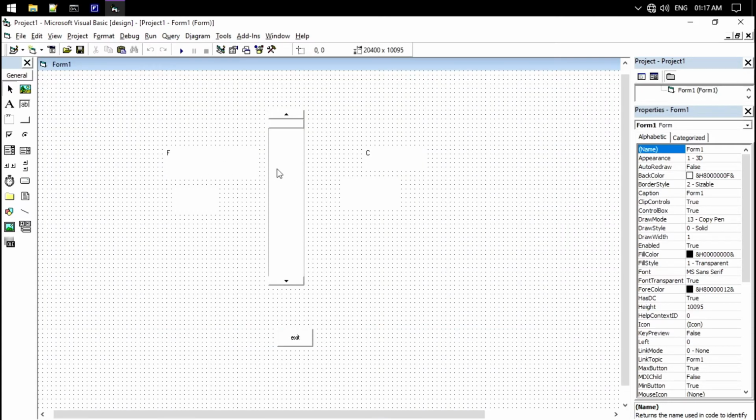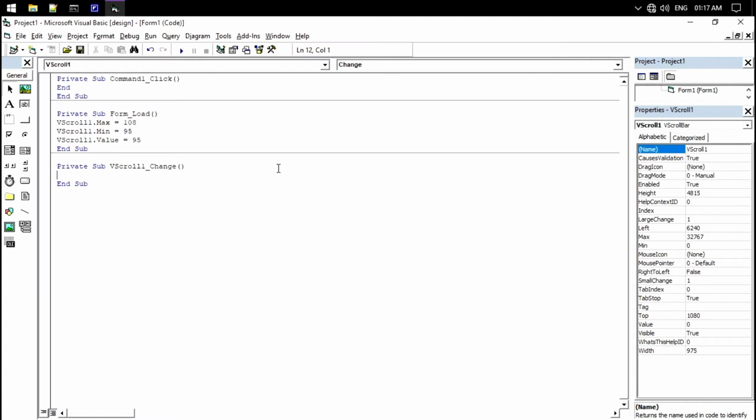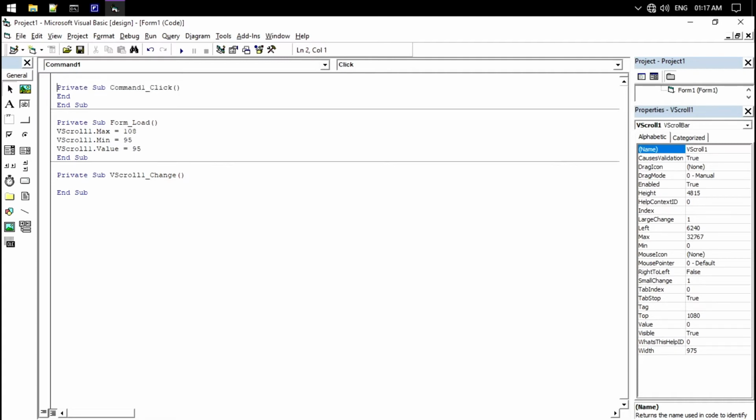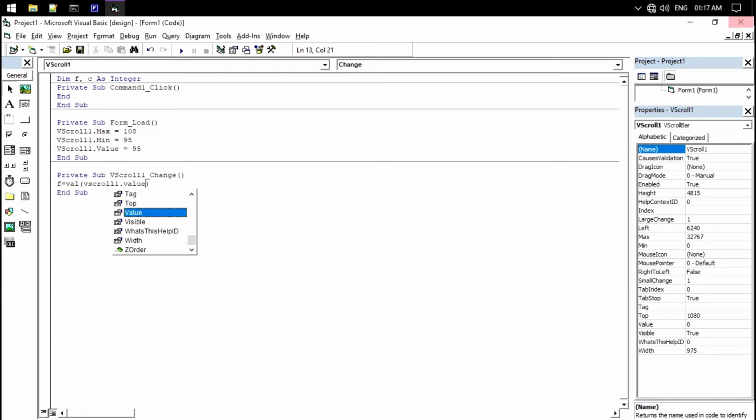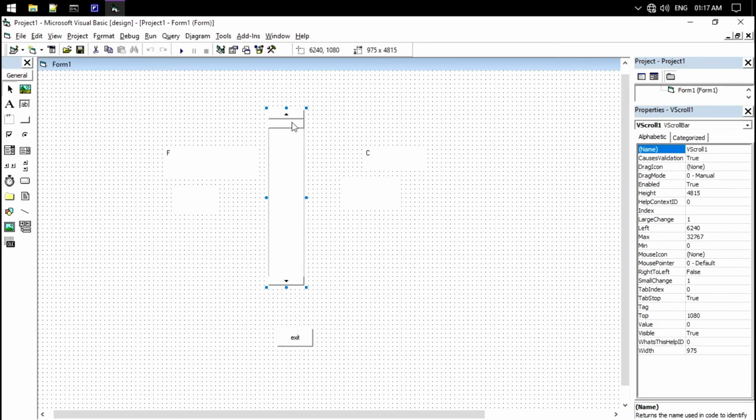Now double click on this vertical scroll bar and write. I think we need to have a global declaration of it here. Maybe it's not necessary though, you can just declare it, or it will take it as a variant if you don't declare it. So we're going to write f = VScroll1.Value, which is basically the value of f will be whatever value we get from this vertical scroll bar,